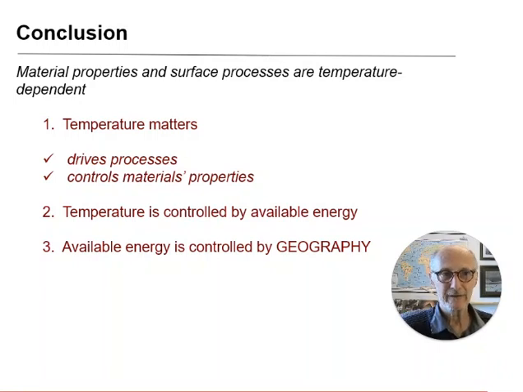The available energy that's controlling temperature, and therefore the temperature distributions themselves, are geographical in nature. So one of the reasons that there are so many different types of landform, process and landscape around the world is because of this geography of energy availability, the geography of temperature, the geography of different material types related, for example, to geology, and all those different geographies are interacting to give us the geography of geomorphology, which is, well, what this module is called, the regional land systems. They are the regional land systems, the land